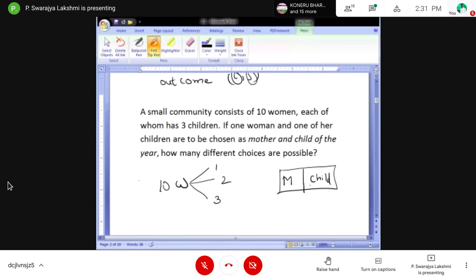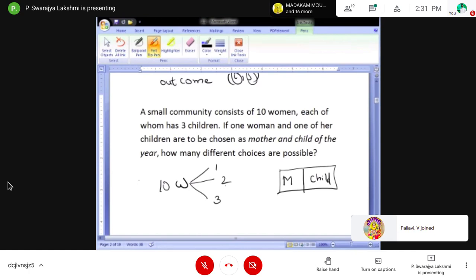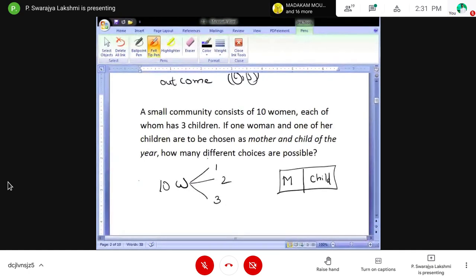Right? See, given that we have in a community 10 women and every woman is having 3 children. And if one woman and one of her child, not any other child, the mother and the child belong to the same family. So how many different choices are possible? So how do we solve this? How many women do we have? We have here 10 women.